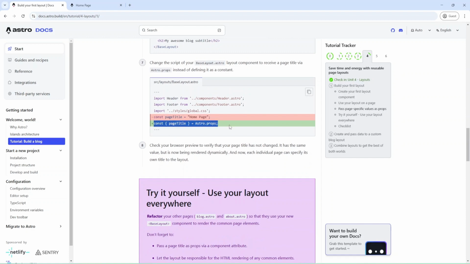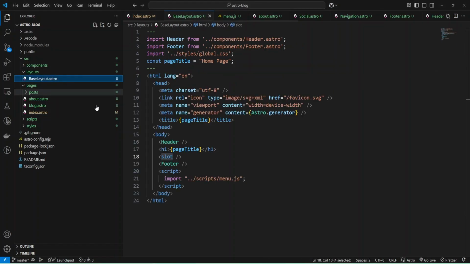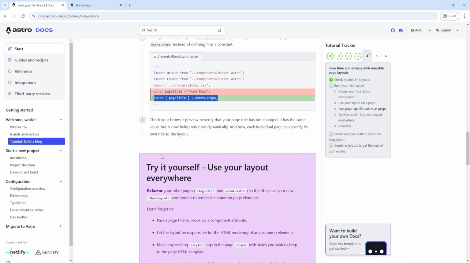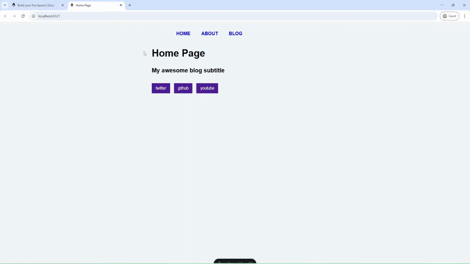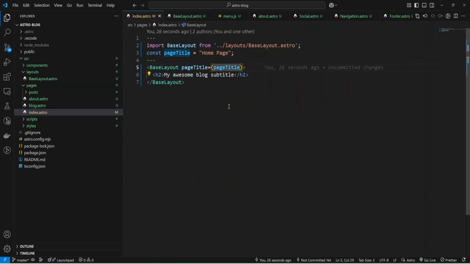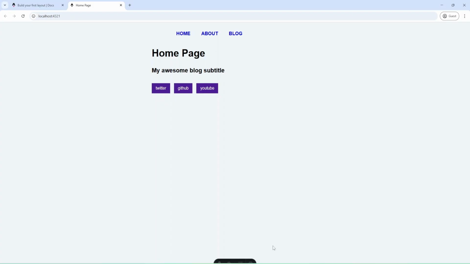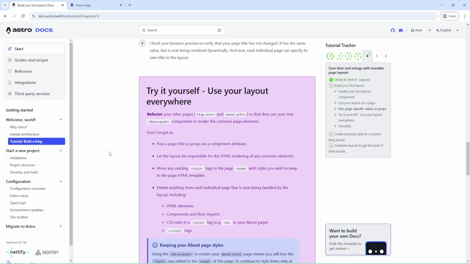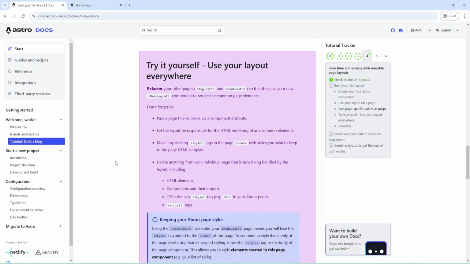And now we can use these props in the base layout instead of this const. Okay. And check the browser. Nothing changed, but we passed the props from index to base layout. Okay, and let's check what I have next.